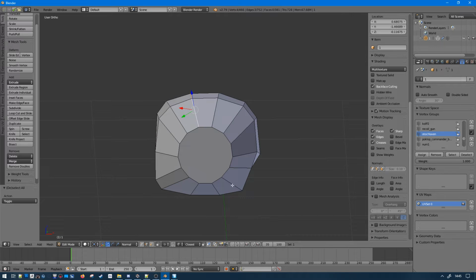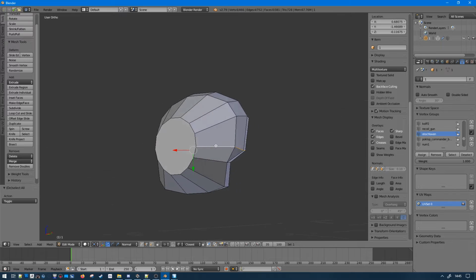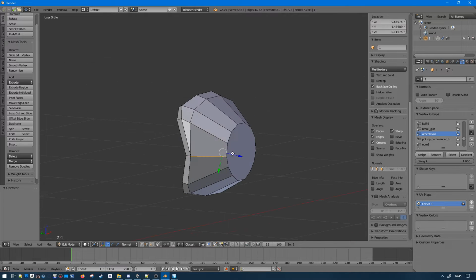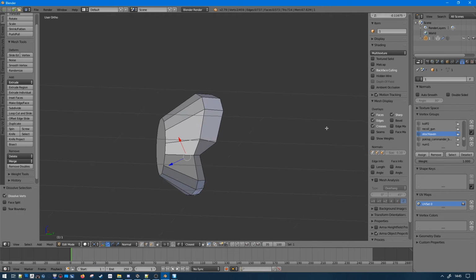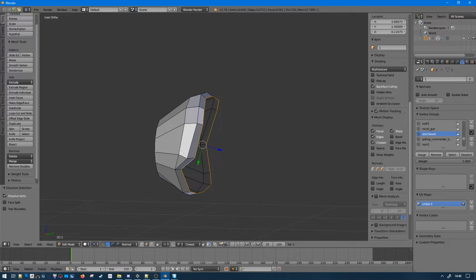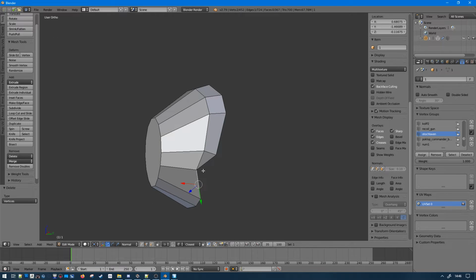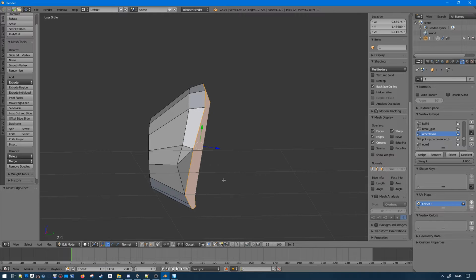If I get rid of these angles, I can maybe get. Nah, that's too much. Get rid of this then. And the easier would be to make that, try like this.